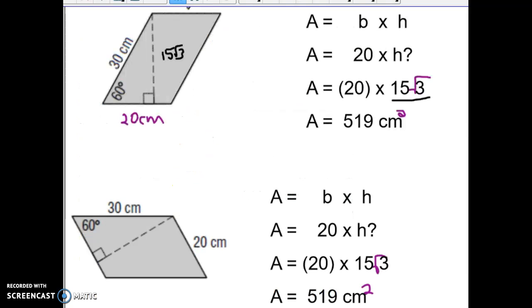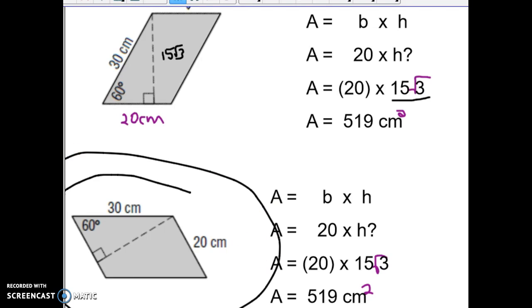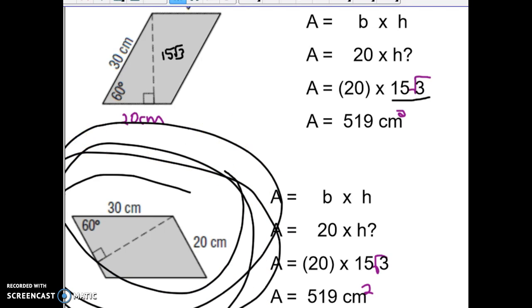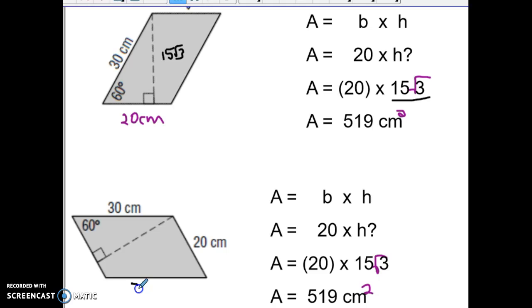And I used this example. So if you go through the 30, 60, 90 on this one, the example originally looked like this, where the base was a 30. But if you do 30, you don't know what the height is, because they gave you this triangle on the side. So I rotated it. And when you rotate it, the base becomes a 20. That changes the height to 15 square root of 3. When you multiply them together, you get